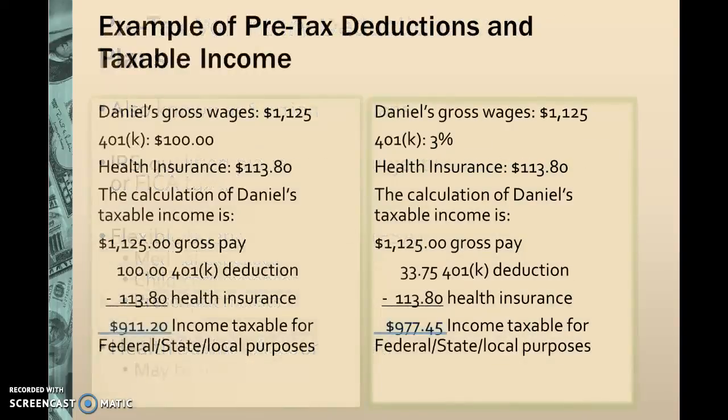Now, an example of how this would be calculated, which is covered on page 117 in your book. Daniel has gross wages of $1,125. He has decided to have 401k taken out of $100. He has health insurance taken out at $113.80. So in order to calculate Daniel's taxable income,